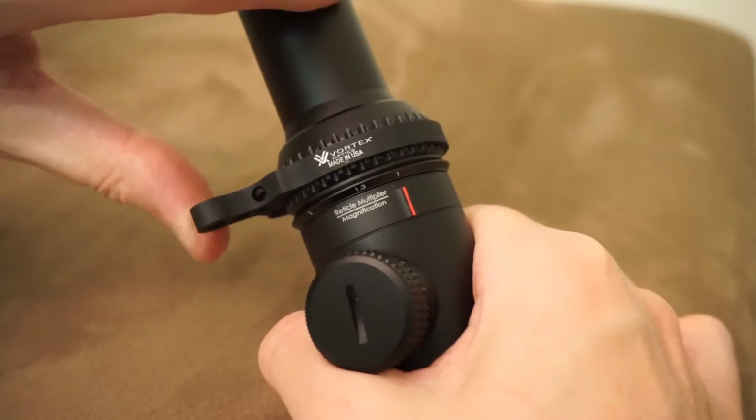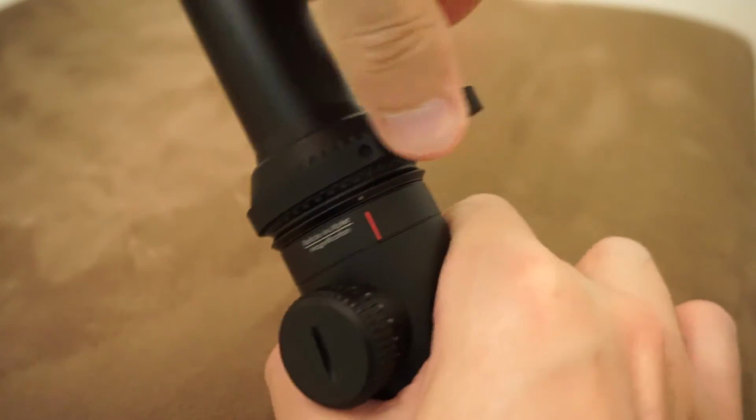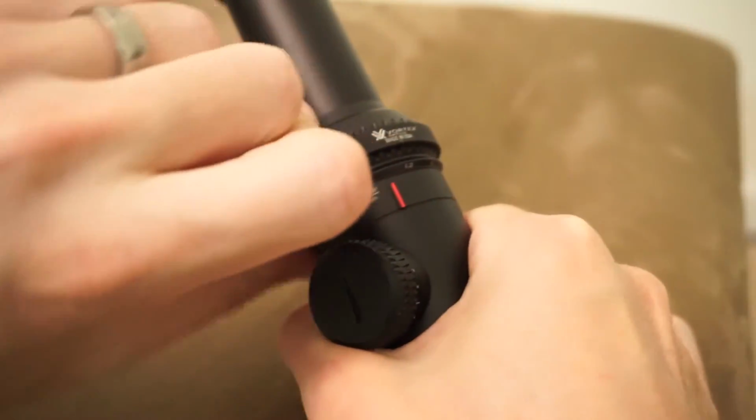The other thing I do want to mention is I did put a throw lever on here. A throw lever is by no means a Vortex exclusive, but it is something just to show you because not everybody's seen them. To be honest, they're really expensive for what they are. I mean, it's a metal machine part that you tighten down and it goes over the ridges. It's kind of hard to show without this being on a gun, but what you do is you take this